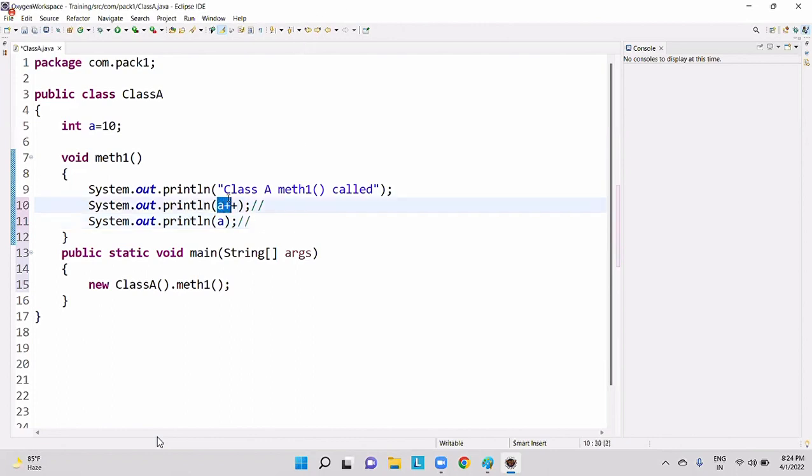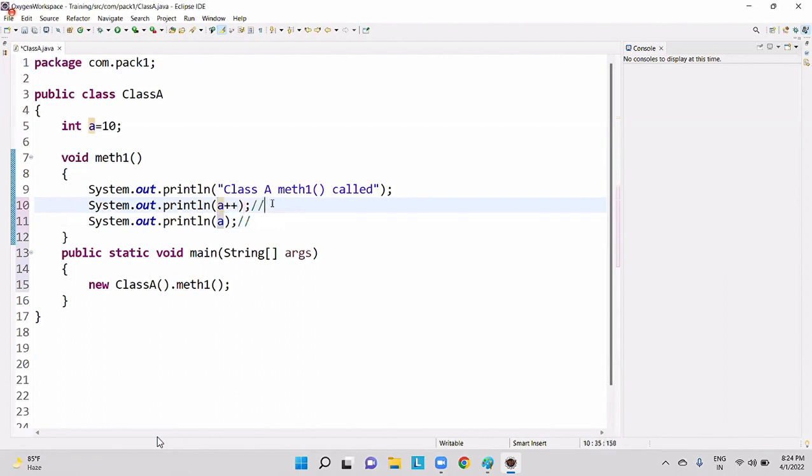Okay, guys, please observe here. Which increment is this, pre-increment or post-increment? Yes, this is post-increment, guys, not pre-increment. So before incrementing, what is the A value?